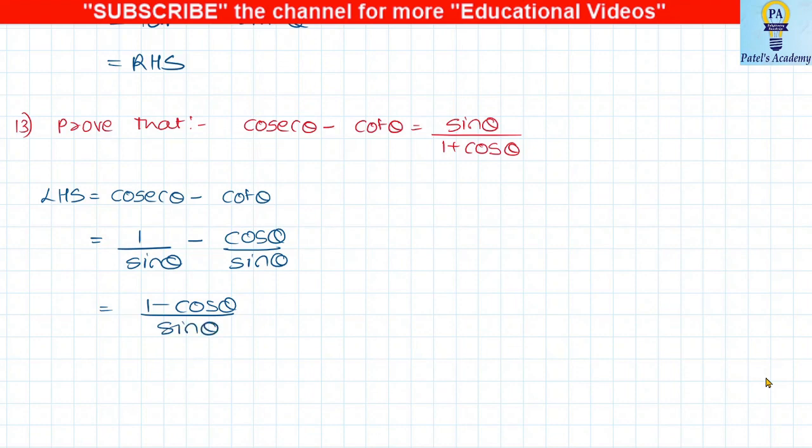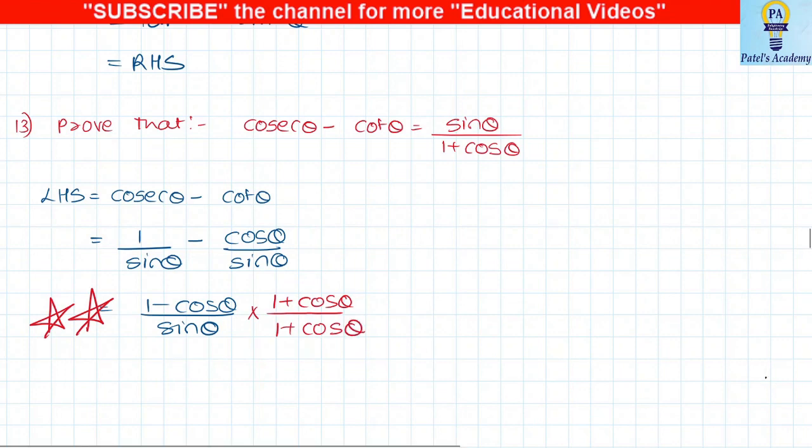Okay, we got. Now comes the most important part. I'll put a big star over here. Understand this very properly. Now what I want on the right hand side, for that, see what I'm doing. I'm going to rationalize the numerator. In the numerator, I have 1 minus cos. I will multiply by 1 plus cos, 1 plus cos. Yes, this step you have to remember.